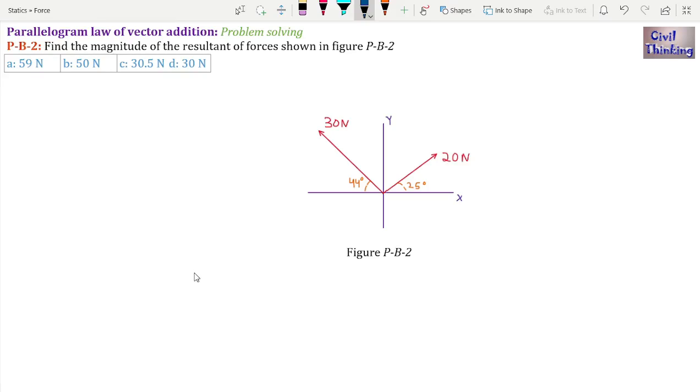Welcome to Statics Lectures by Soul Thinking, and today we are going to solve another problem on parallelogram law of